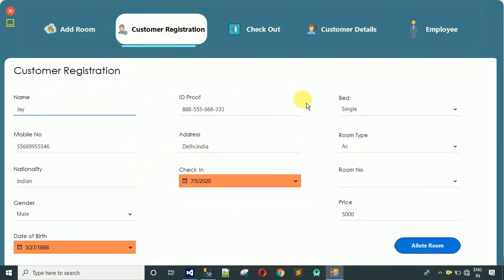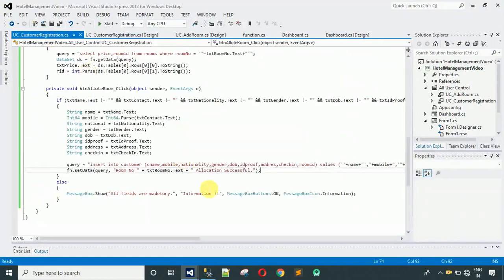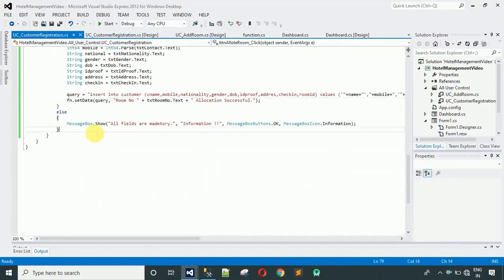So now what I want is when I click on this allocate button, after the allocation I want to clear all this data. So how to do that? For that we have to write one method. So let me move back over here, and we have to write one method, that is